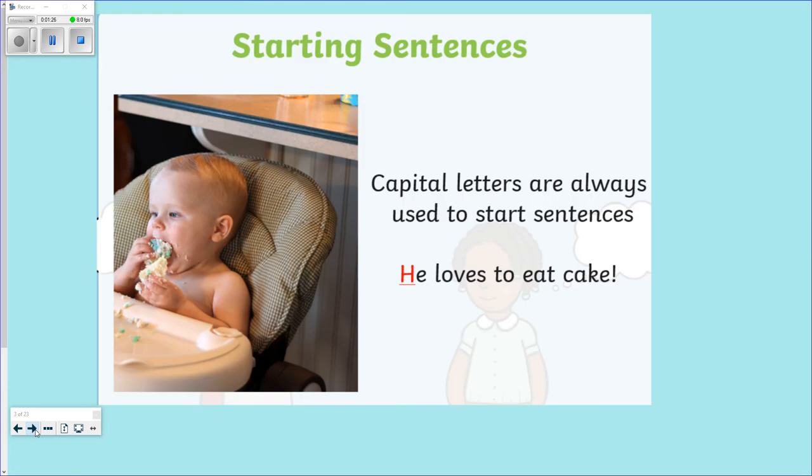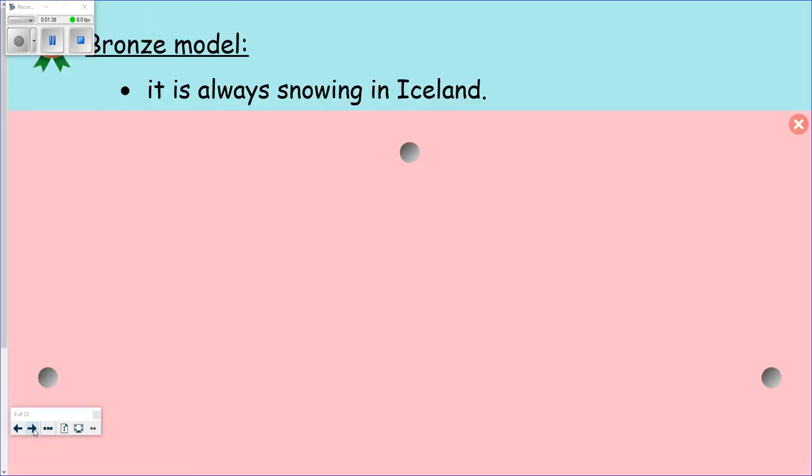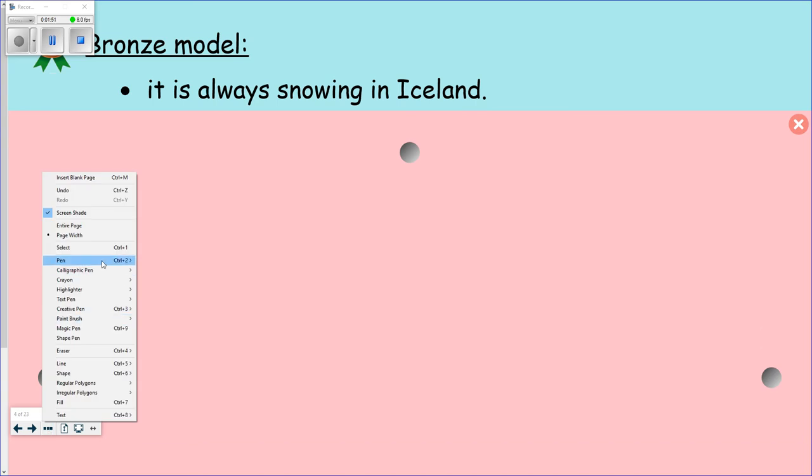So sentences have to begin with a capital letter. All sentences begin with a capital letter. And here's just a really simple sentence here. He loves to eat cake. Now, they are always used to start a sentence. So bearing that in mind, we've been given individual sentences for bronze today, and you're going to be asked if you can change them. So you will write these out into your books with the capital letters in the correct